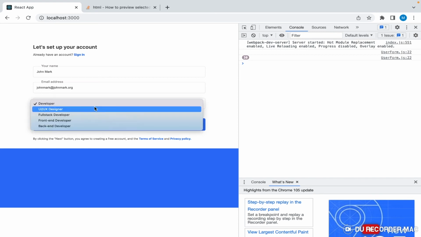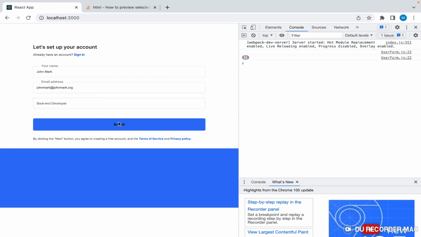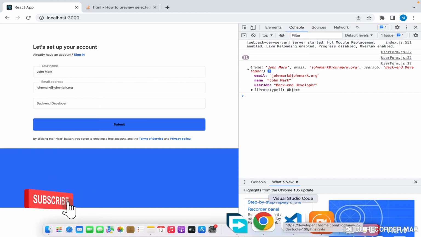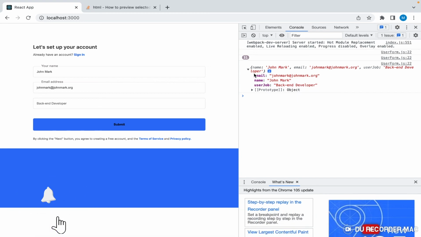Say John Mark, JohnMark.org, John Mark is a back-end developer, and when we click submit, it doesn't refresh anymore. And now we have everything we need here. We have email, we have name, we have user job. So that means for us to access this, all we need to do